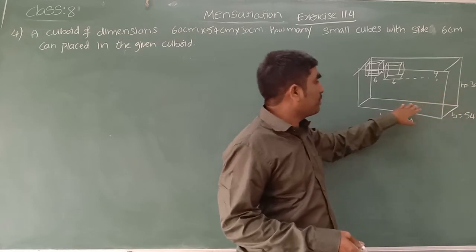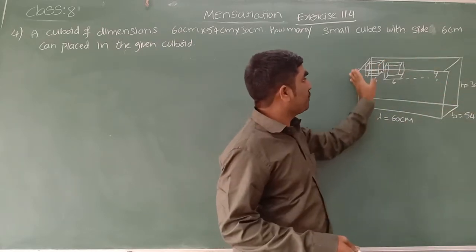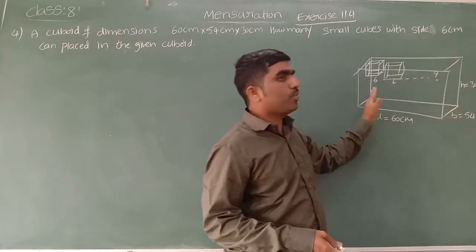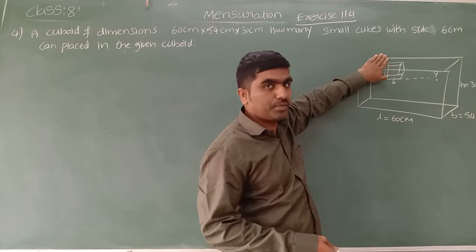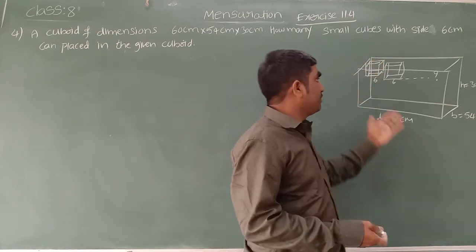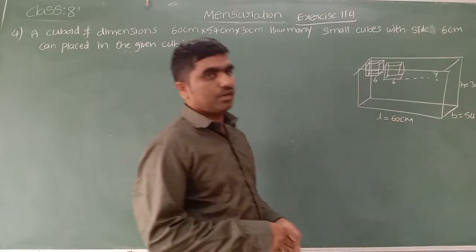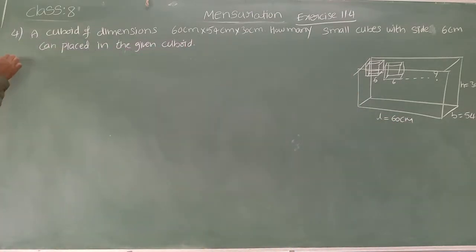Yes, the space occupied by a 3D object is known as volume. First we have to find the volume of this cuboid box. Then find the volume of one cube. By dividing that, we will get how many cubes we can fit inside of this cuboid. Hope it is clear. So first let us find the volume of the cuboid.